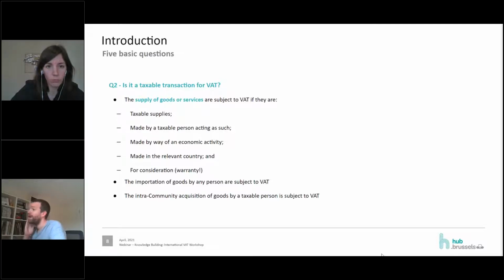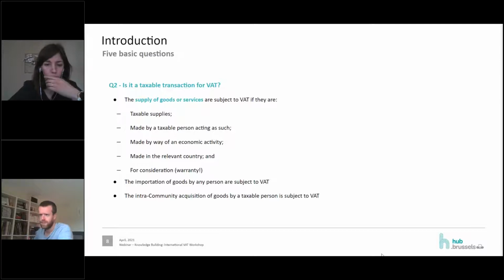That's where I was referring to. So the exemption from VAT. What is important is that three different types of VAT treatment are applicable, and I'm not speaking about the VAT rate. So either your transaction will be considered as taxable, so VAT will be charged on the supply. We can think about local supply